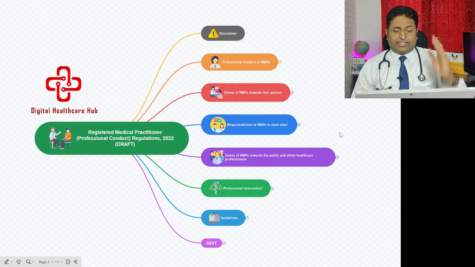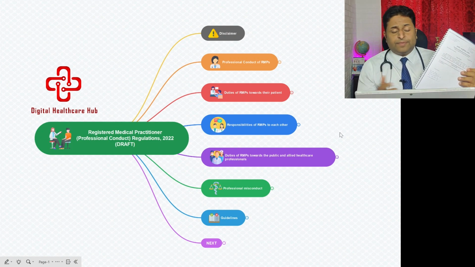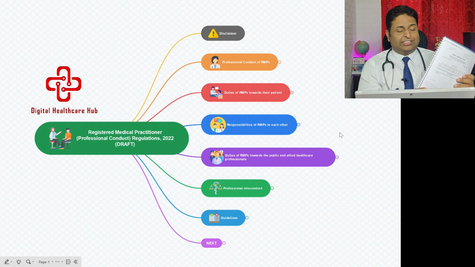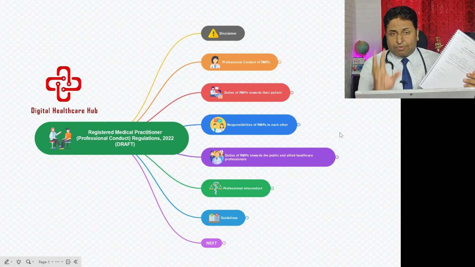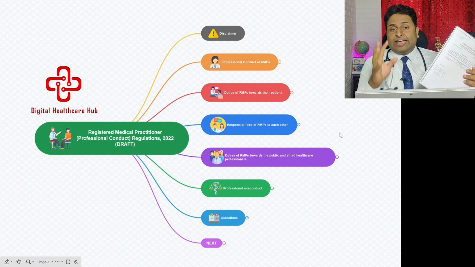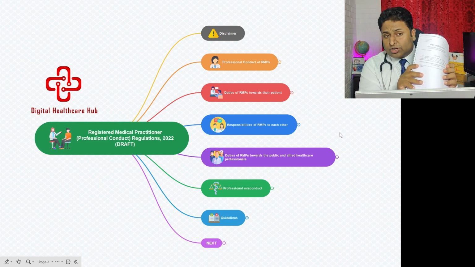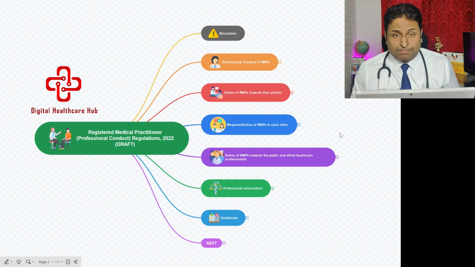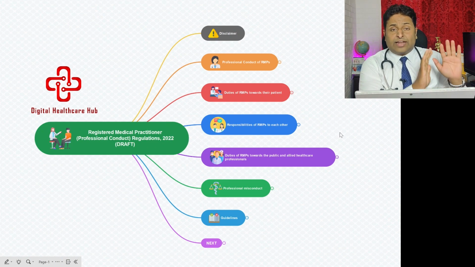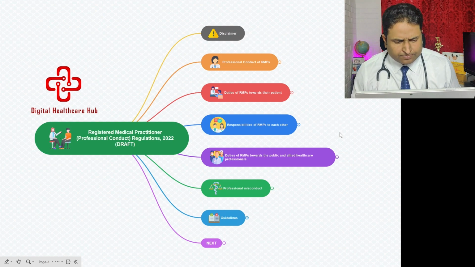These are the points under which we'll be discussing. We have taken a printout of this document. The disclaimer is that it's my interpretation and my view of the document, and I have selected some of the highlight points which I felt essential. For the entire clarity of the concept, please go to the website and download the document; I'll also put the link in the description below. Great, so with that, let's get into the topics.